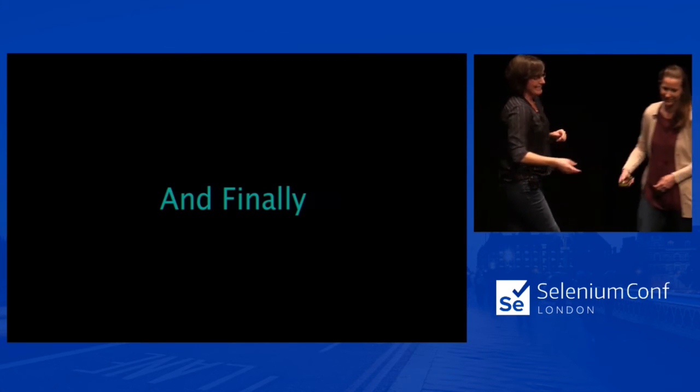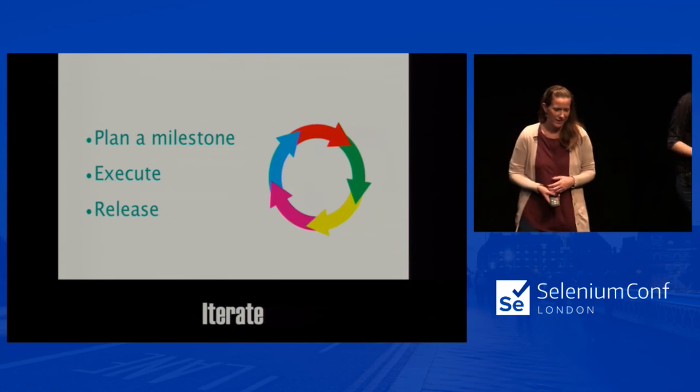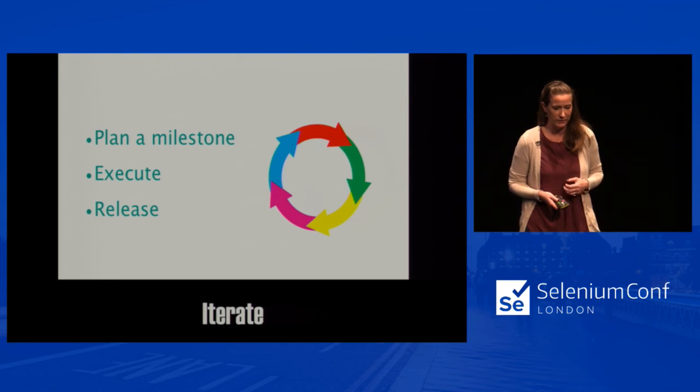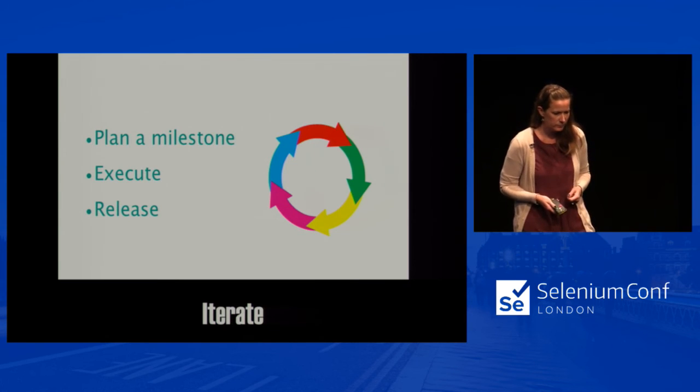Finally, it's time to apply this. The healthy cycle of planning, execution, and release that we use commonly for feature development can be leveraged for large refactoring projects as well. Keep your work contained and consistently releasable, and you will not bite off more than you can chew. Remember that the outcome of some milestones can be the definition for the next milestones, as Kat illustrated.